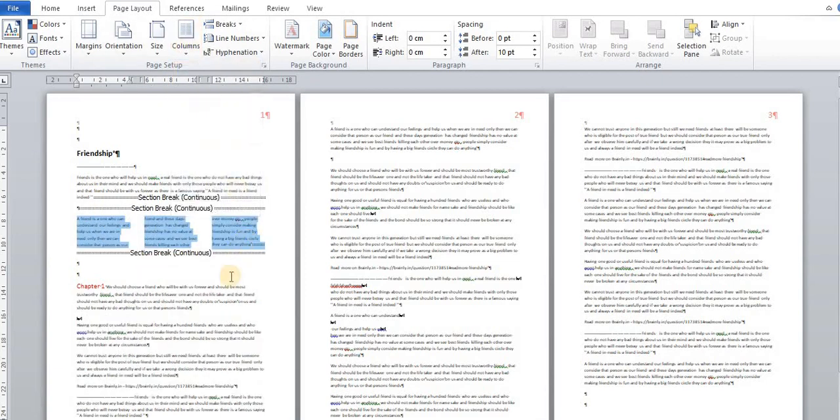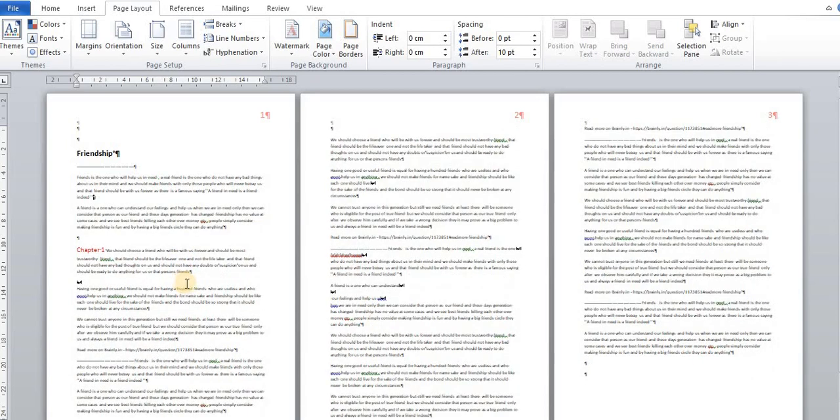Click on 3. Now you can see only this section is divided into 3 parts, not any other parts. So this is about the continuous section break. Using it, you can break an individual page into multiple sections. Okay students, go to the previous position using Control Z.